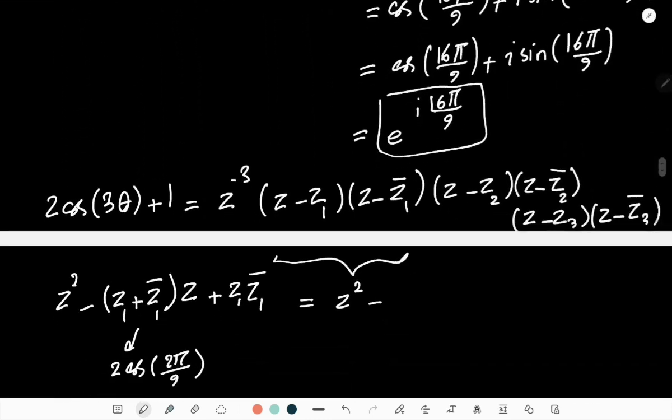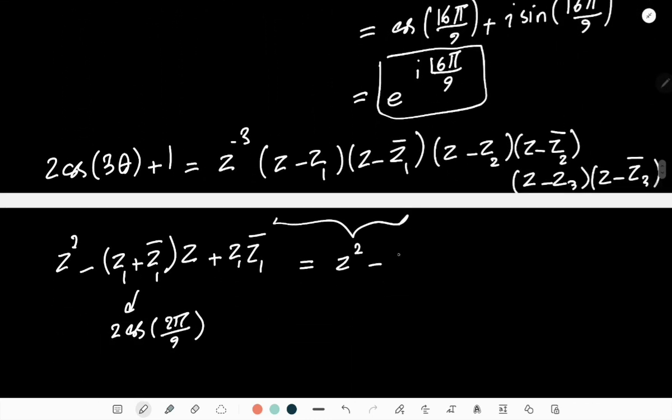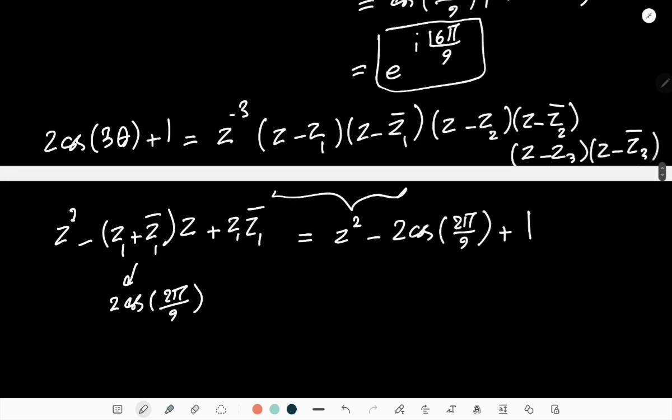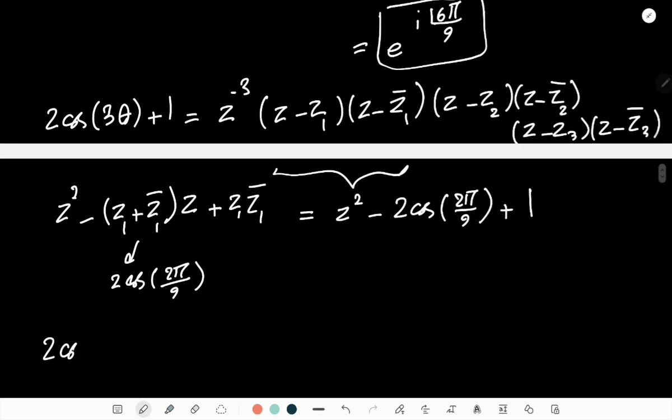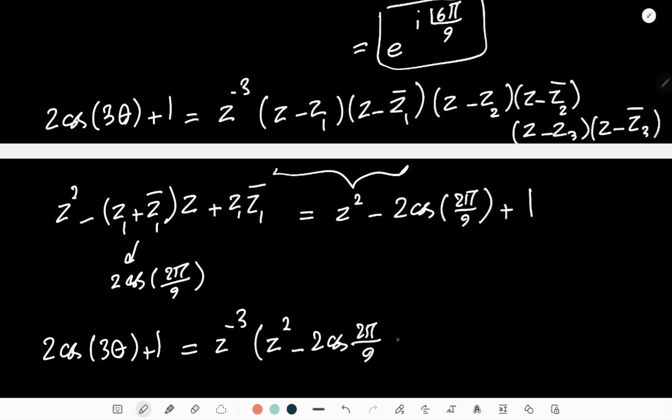So it means that this is z² minus 2 cosine of 2π over 9, and the absolute value of it is 1. So this can be very easily simplified. So it means I can write 2 cosine of 3θ plus 1. This is equal to z to the power of minus 3 times z² minus 2 cosine of 2π over 9 plus 1 times z² minus 2 cosine of,